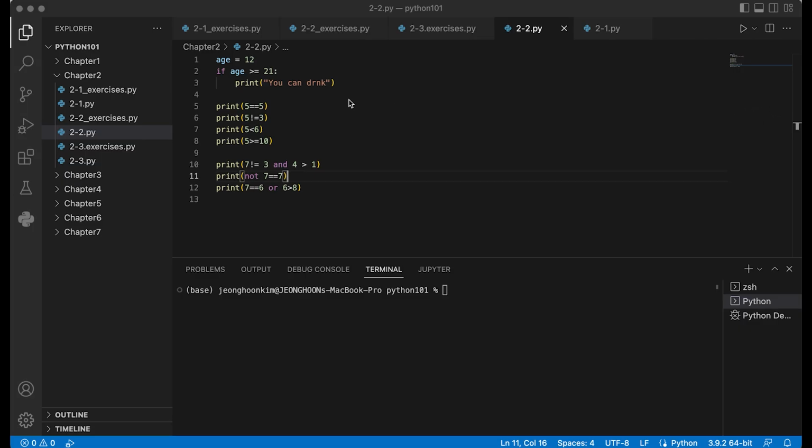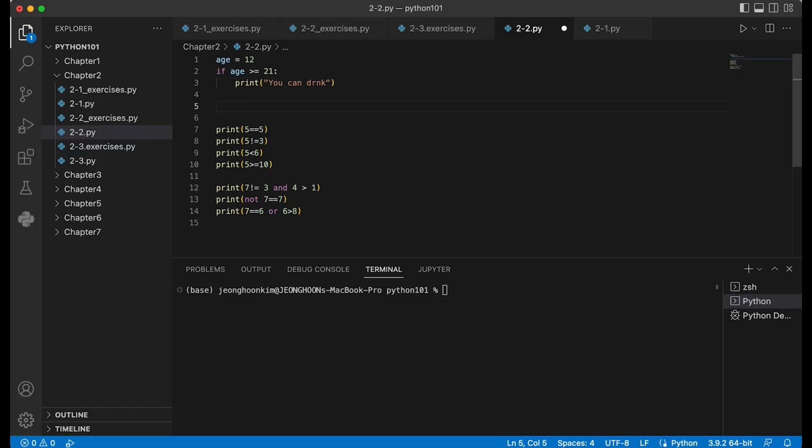So, for example, this is a great example. You get the age, let's say this is the number you get from the user's age, and then the program tells you whether you can drink or not. If the age is greater than or equal to 21, it will print out you can drink. This part, age is greater than or equal to 21, will give you true or false, so that it decides whether you can drink or not. In this part, you can use the Booleans.